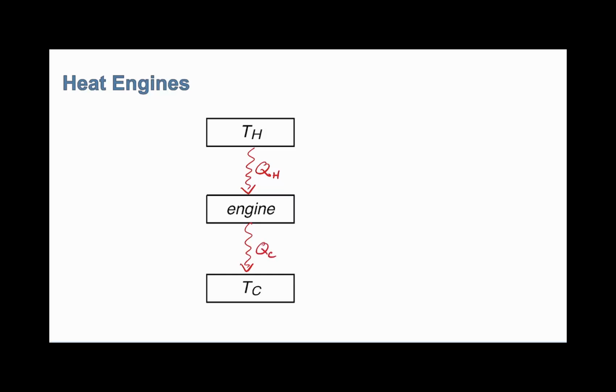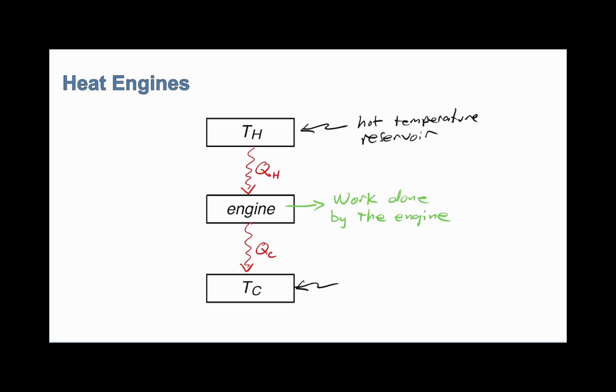And then we want our engine to do work, and so schematically, again, like we did in the previous picture, this is the work done by the engine. And terminology-wise, up here, TH, this is the hot temperature reservoir. And then down here, TC is the cold